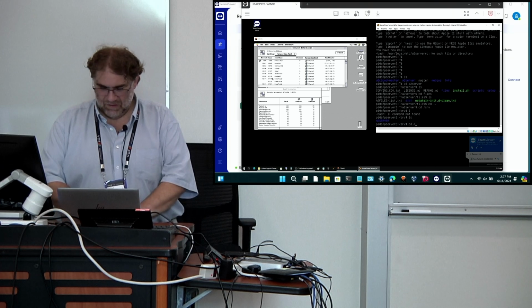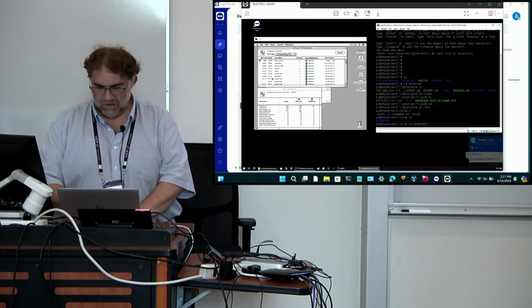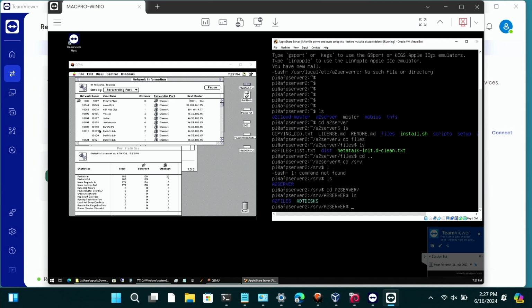If I go into there, this one's got the ADT disk, which is part of A2 server. So if you're running an ADT Pro setup, it'll also have access to those images for AppleShare as well. But the main files for this one are